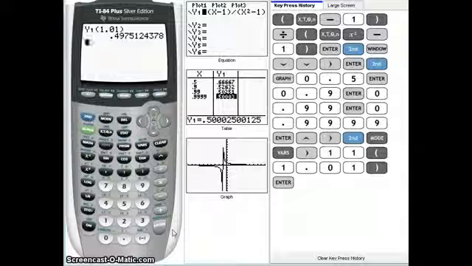It's probably not as quick or as efficient as using your table and inputting values, but it's basically the same